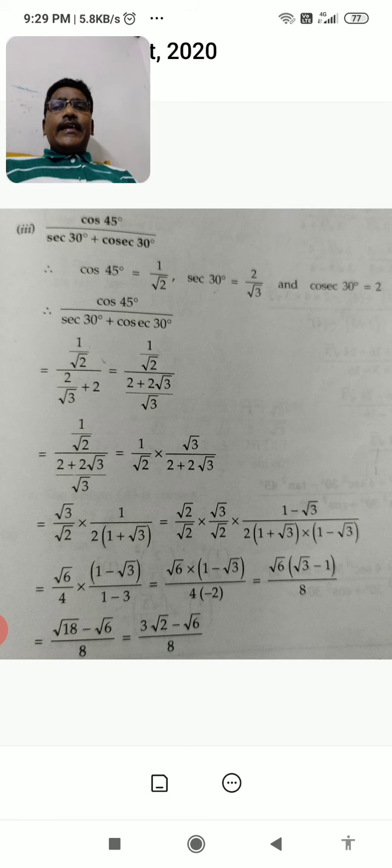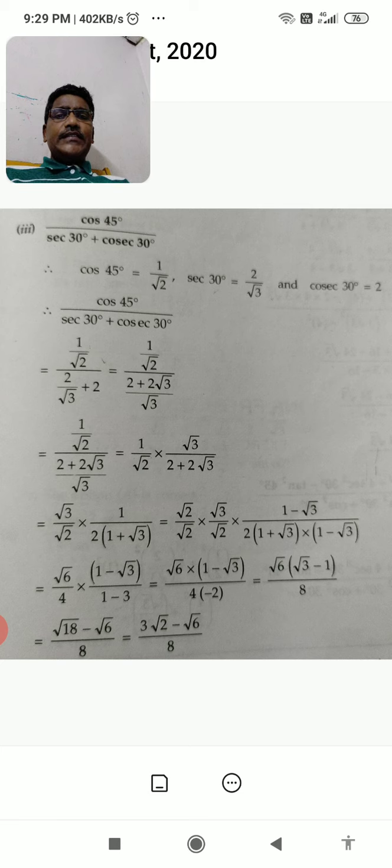You see, any time in mathematics, root terms should never be present in the denominator. If the root terms are there, we need to remove them. How to remove them? There is only one way, rationalization by the conjugate of that. If 2 plus root 3 is there, you multiply by 2 minus root 3, like that. Here there are 2 terms you are going to remove, root 2 and 2 plus root 3. To remove the root 2, you multiply root 2 upon root 2. That is given in the fourth step.